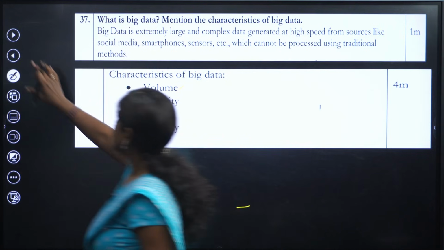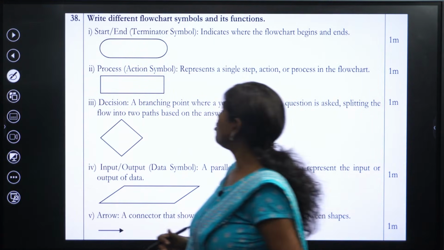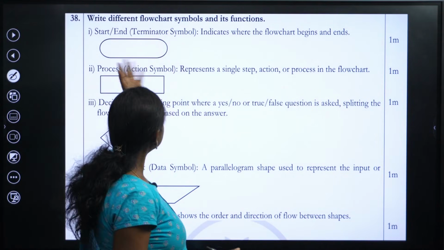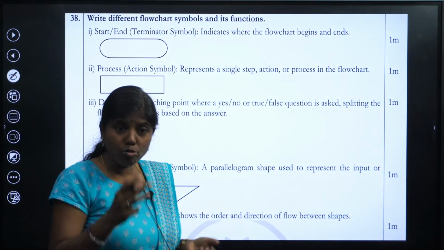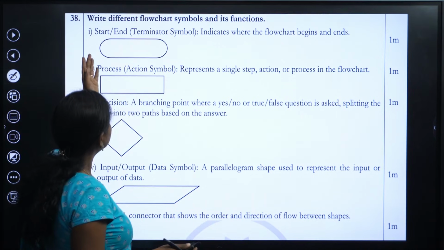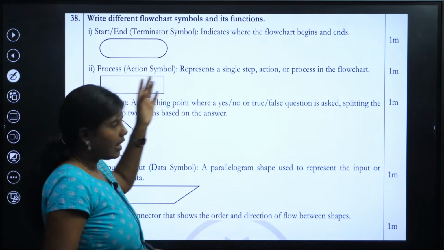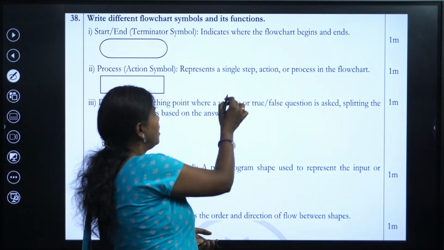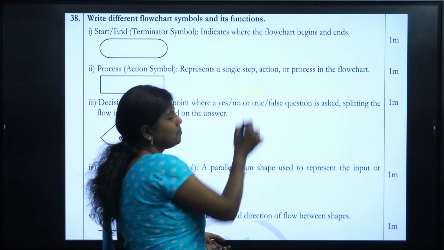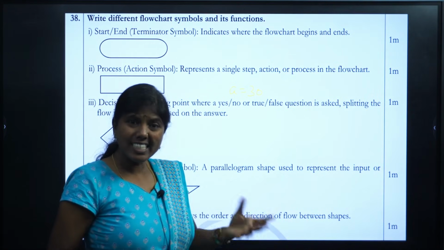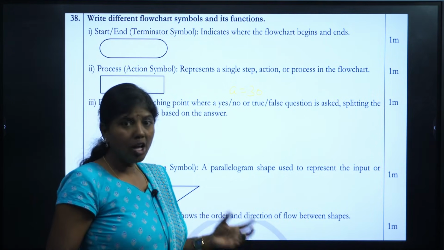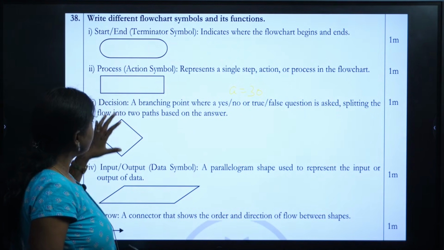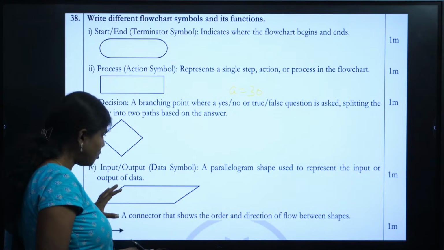So what's the next question? The next question is going to be the different flowchart symbols and their functions. What are the different symbols in the flowcharts we have? We have start, a rounded rectangle, as we can call it. This is going to be the start and end terminator symbol. And then we have a rectangle, especially for processing. Okay, I want to write A equal to 30. It's like assigning, and I want to calculate something. All these statements have to be put in the process, action symbol. And then we have the decision making rhombus, and we have an input output data symbol.